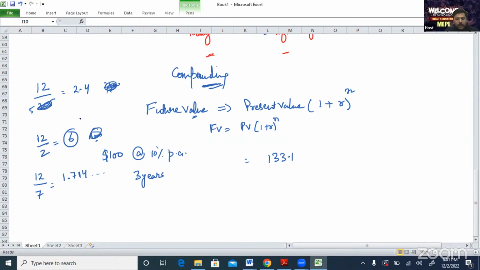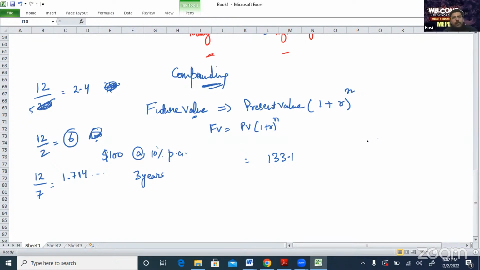Then again if I say 12 divided by 7, what is coming? 1.71428. So you can see that in the first option it is coming till only 1 decimal digit, in the second option 0 decimal digits, and in the third option it is showing me up to 9 decimal digits. So by changing these settings, this thing has been done. And the second thing, if we talk about why I have converted it to the algebraic operating system, that is AOS, it is because I want to use BODMAS.